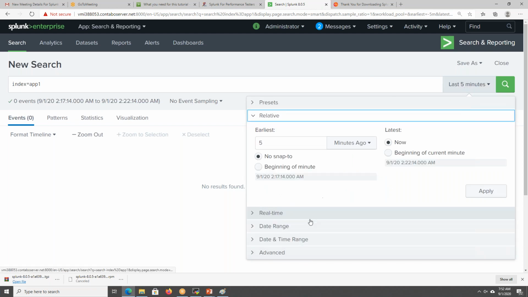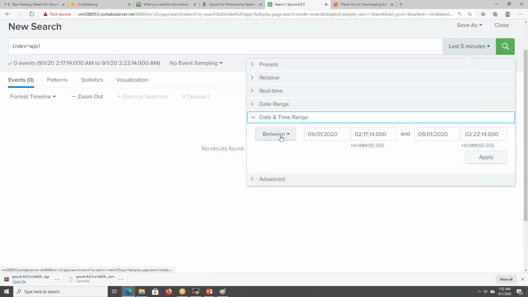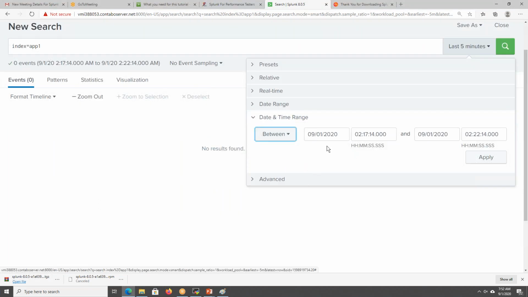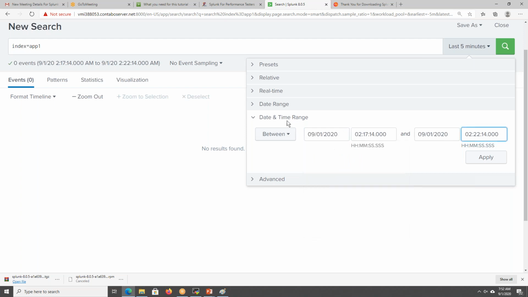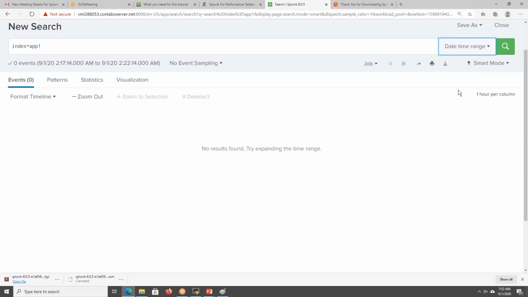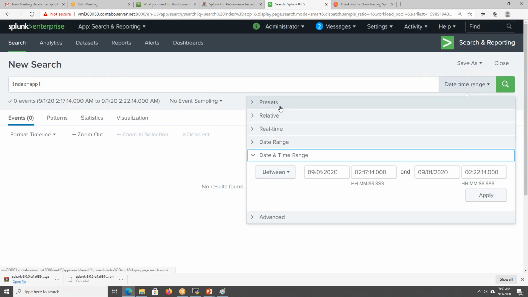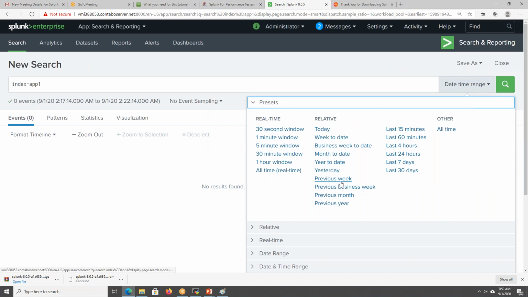It is basically for selecting, but mostly we'll use this if we are running some test, which will have some start time. Once the test is finished, we'll select the date and time, give the start time and the end time, and click apply. Then it will give me the logs. For now, I will be selecting all time. If I want to monitor the last month of data, I can directly click on this month. Okay, now I am selecting all the data.